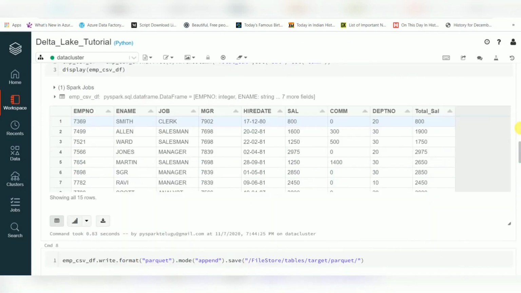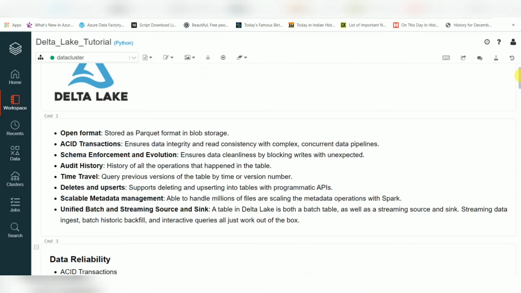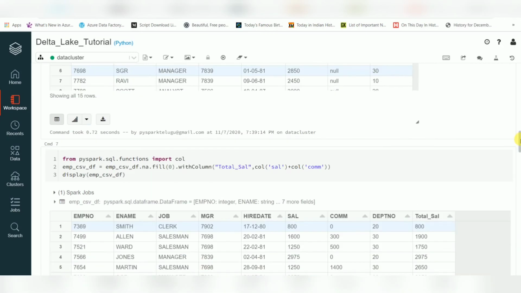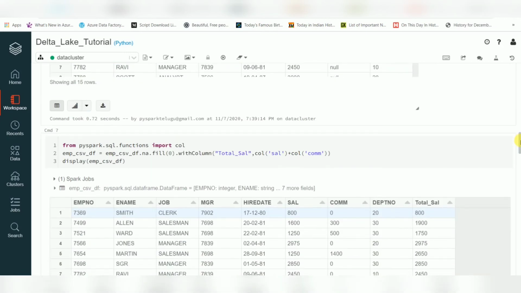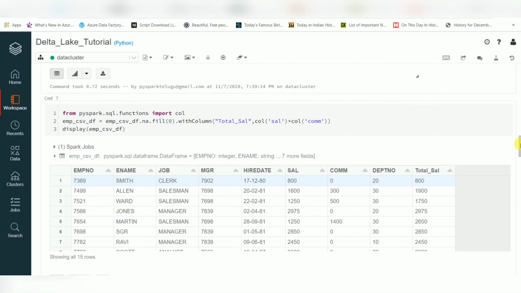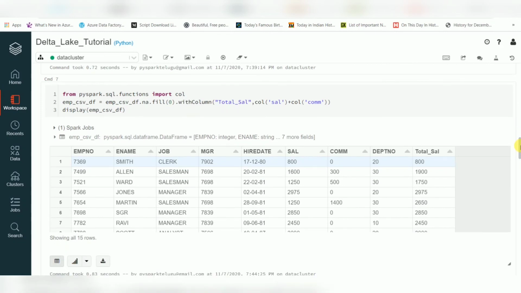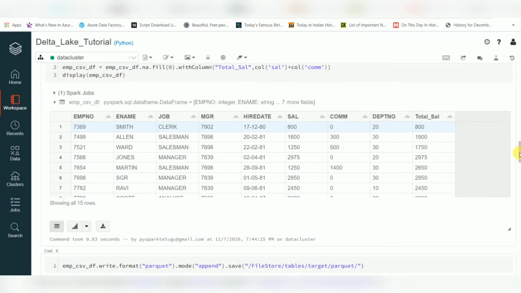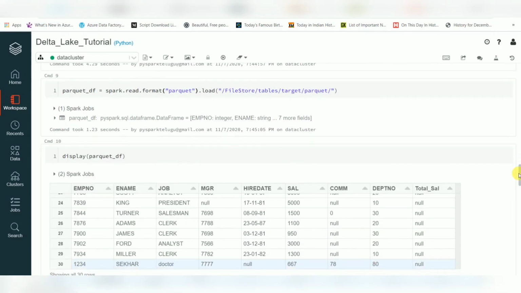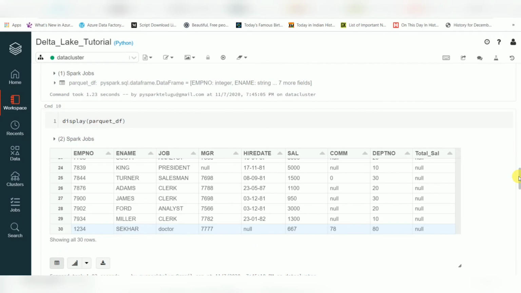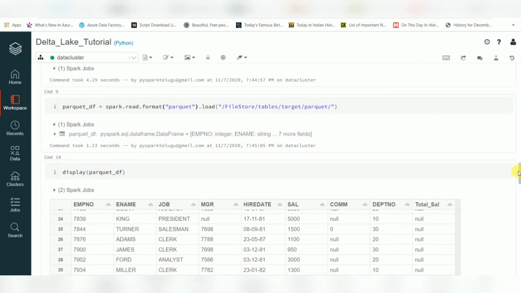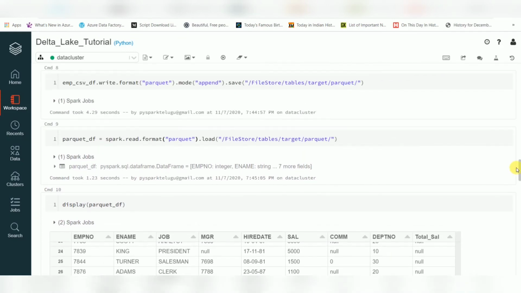So that is schema enforcement and evolution. Whenever you are getting changes in the schema you are loading, if you are getting additional fields or data type changes, Delta Lake by default won't accept, it has a validation. If you want to fix that, we can use the mergeSchema option. This is a sample example to explain how to overcome this type of issue.